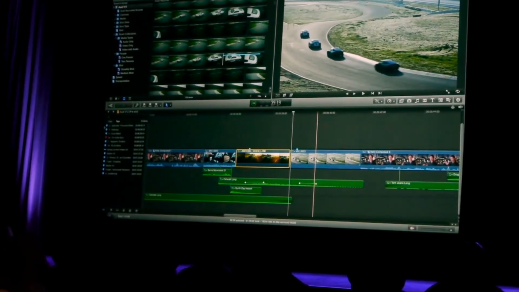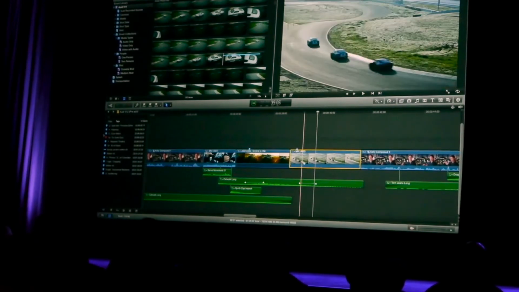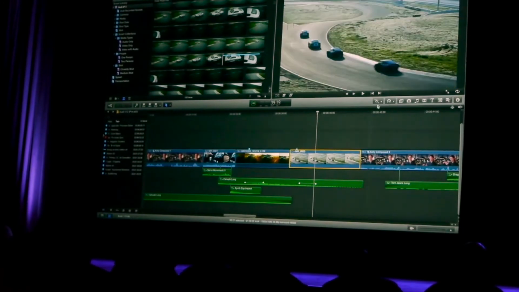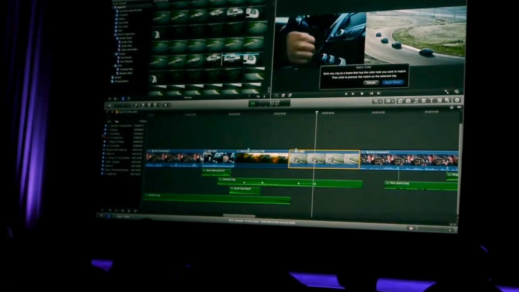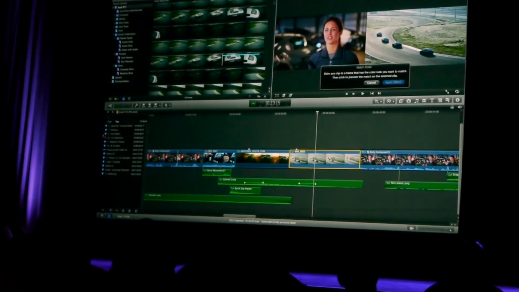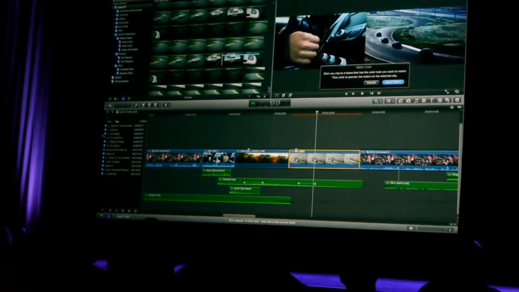So the next thing I want to show is color matching. We have this clip, it's a sunset shot, and the next one is the cars driving away. It'd be nice if those two matched. All I have to do is come up here and choose match color. This brings up a 2-up display, and then I just select the clip I want to match to. So if we want to match to the interview shot, I just click. If I want to match to the inside of the car,